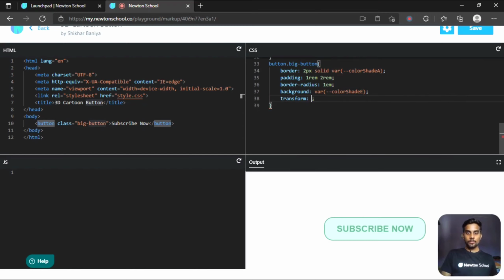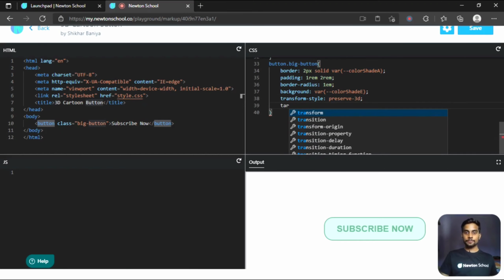Now I want to change the transform style of this button to preserve 3D. This tells the CSS to treat this element as if it is 3D. Okay, the transform style will be 3D.